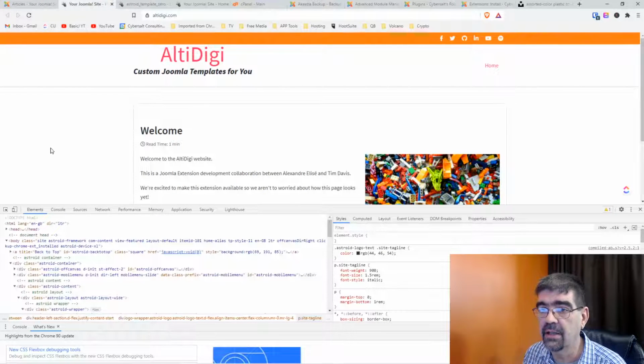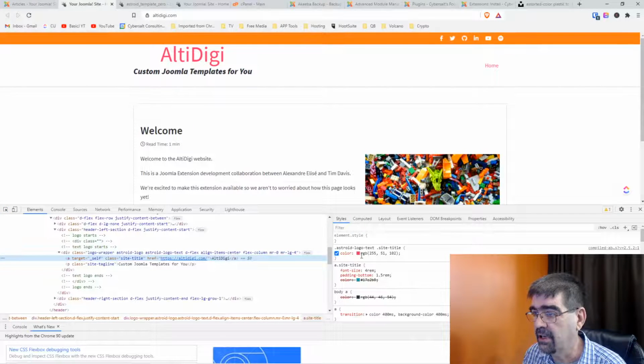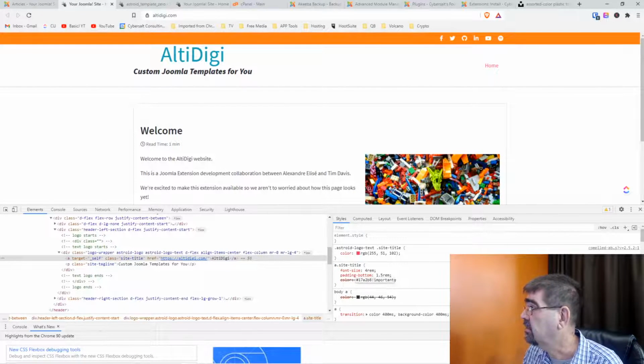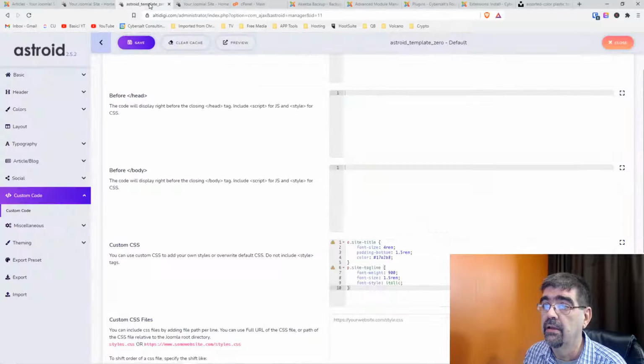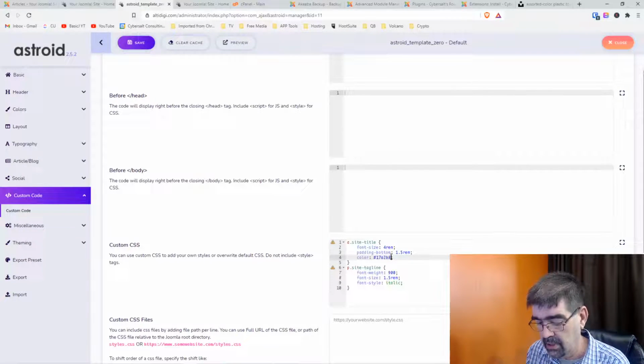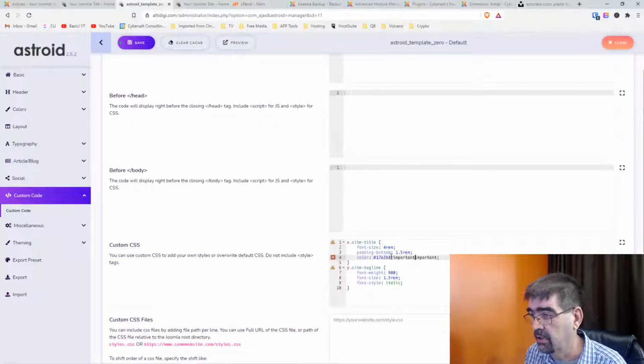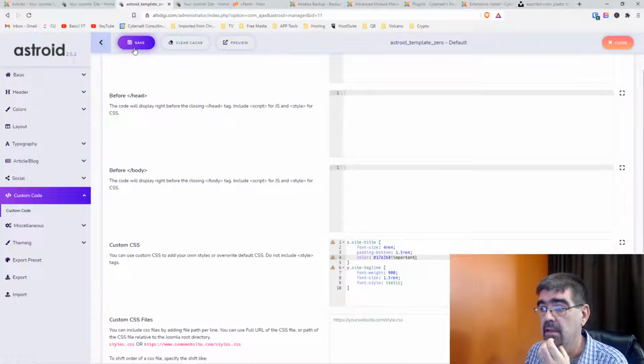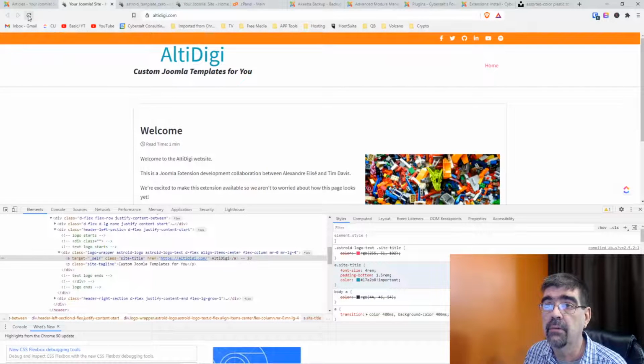Okay, and the color did not stick this time. Probably because that's a link, right? Maybe because I need to make this important. There we go. I think you could see that in the bottom there. Yes, I need to make this important. So here, the color change, we would go exclamation mark important. And it automatically filled that in there. That's nice. All right. So now when we refresh this,